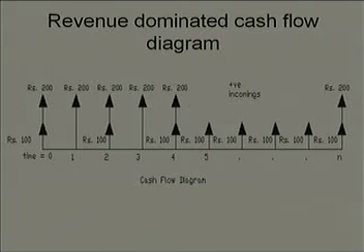Nowhere does it mention the cost, expenditure or expenses aspect. This problem is silent. So, whenever we face such a problem, we will take help of revenue dominated cash flow diagram. There could be a simple illustration in which, let us say somebody comes to you and says that